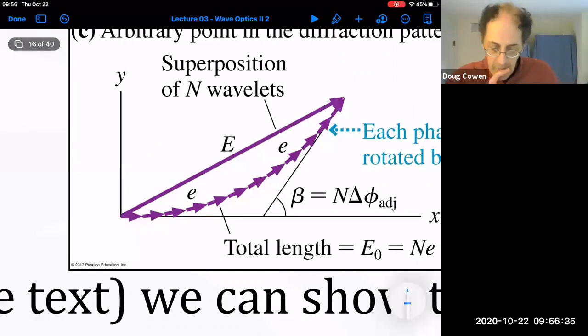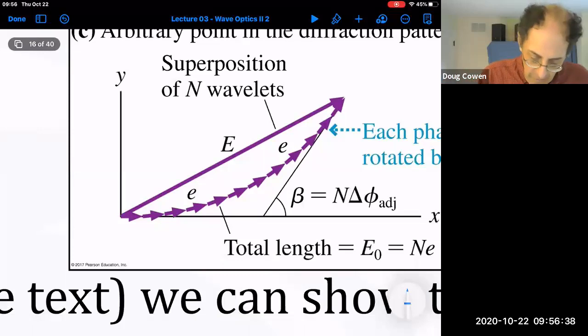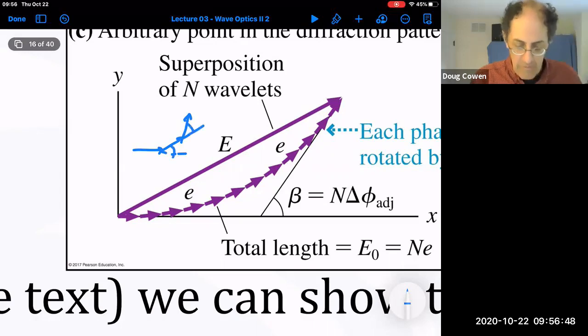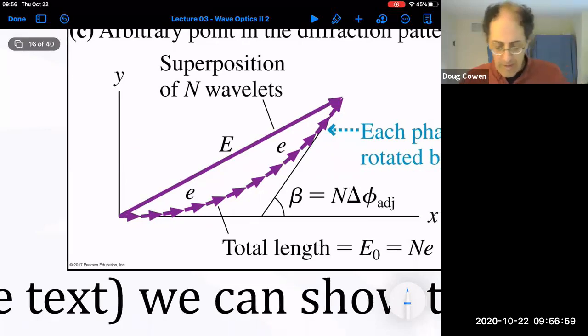Okay, so maybe it'd be easier if these were drawn with a little greater angle. So this angle here is the same as this angle here, and so on. We keep getting the same angle of one phasor relative to the next. So in that case, we end up with a diagram that looks like the one shown here, and we can calculate the resultant vector to get what the superposed oscillating waves will look like